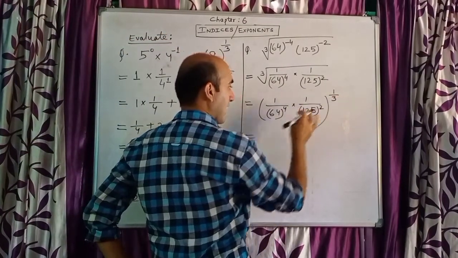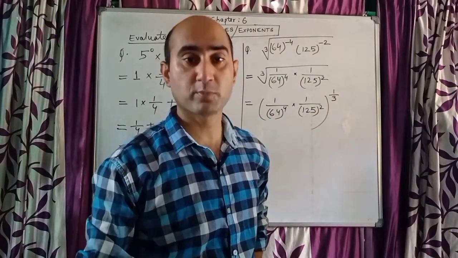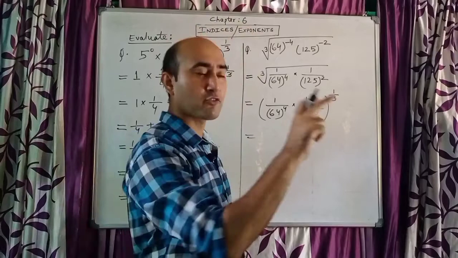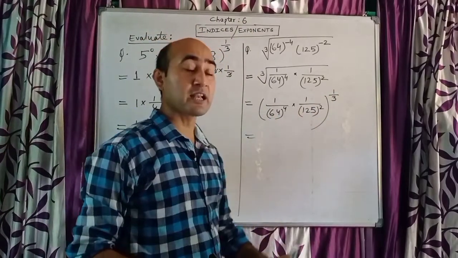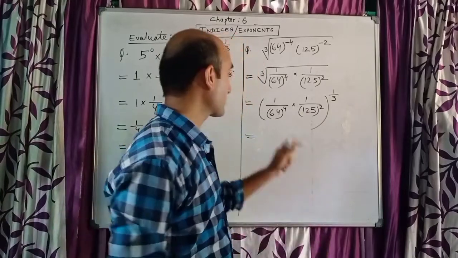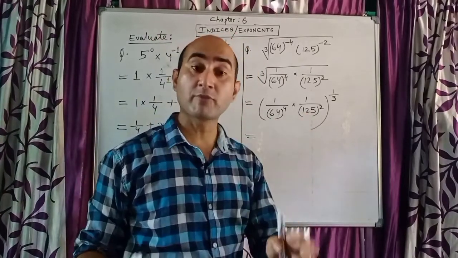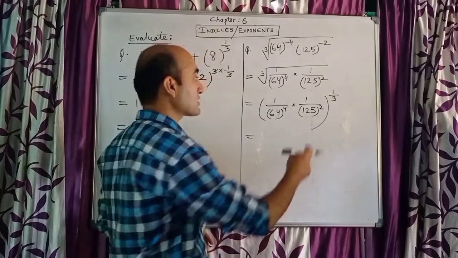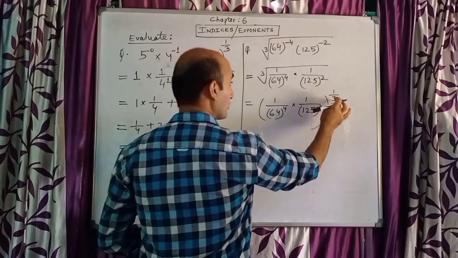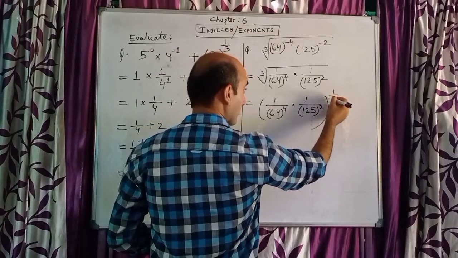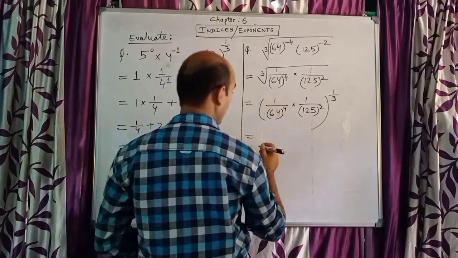Now look at this 3, and you can see 64 is 4 cube. 4 cube is 64. 4 4s are 16, 16 4s is 64. And 125 is the cube of 5. So 64 is the cube of 4 and 125 is the cube of 5. That means we are getting 3 from these two numbers. So what you do to finish this 1 by 3, you target making it a cube number.